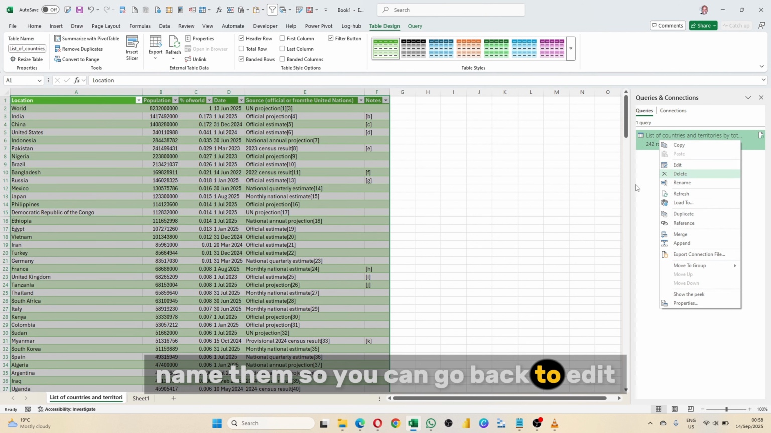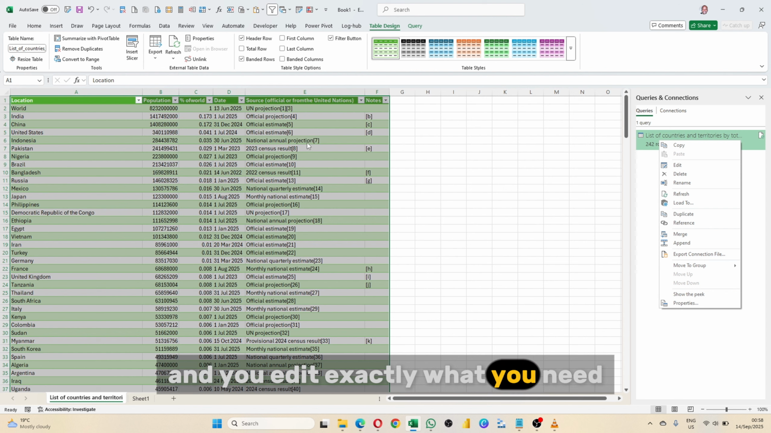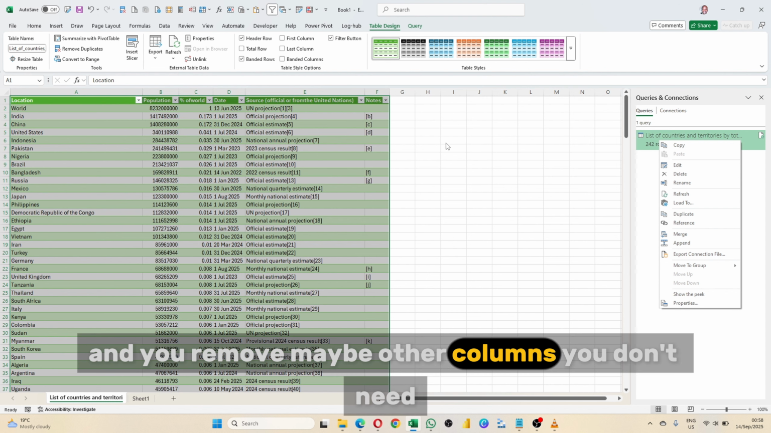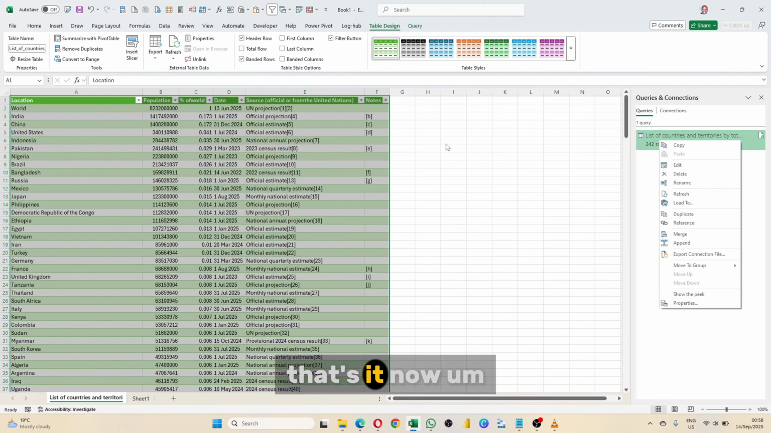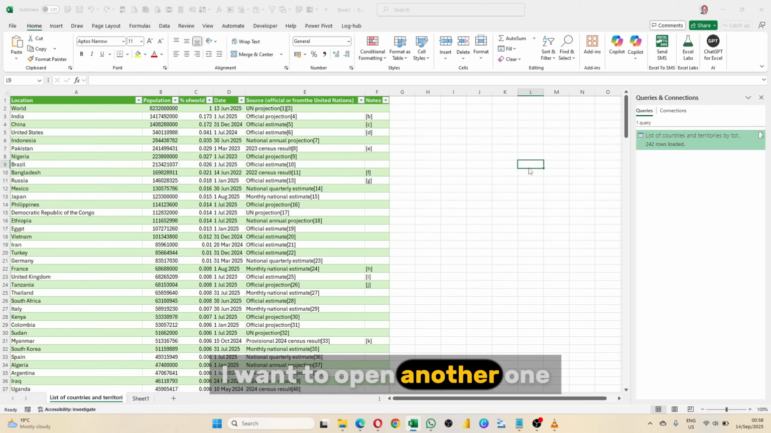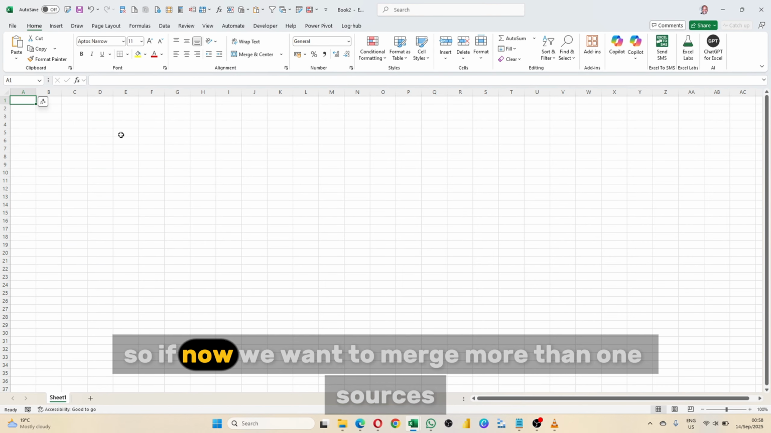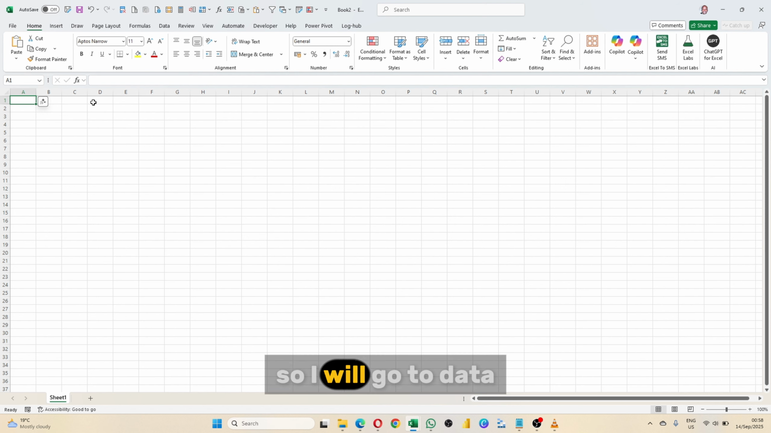So you can go back to edit and you edit exactly what you need and you remove maybe other columns you don't need. That's it. Now, I want to open another one. So if now we want to merge more than one source, I'll go to data,